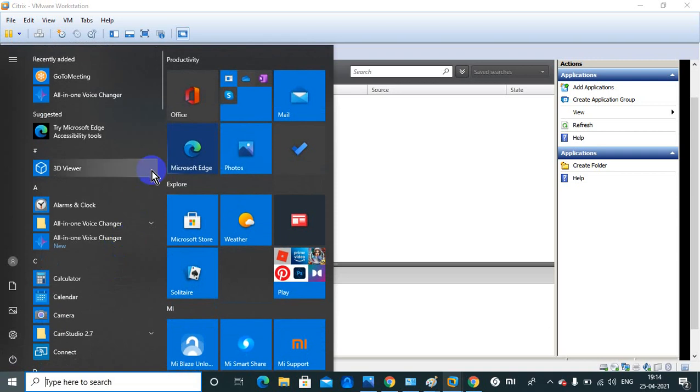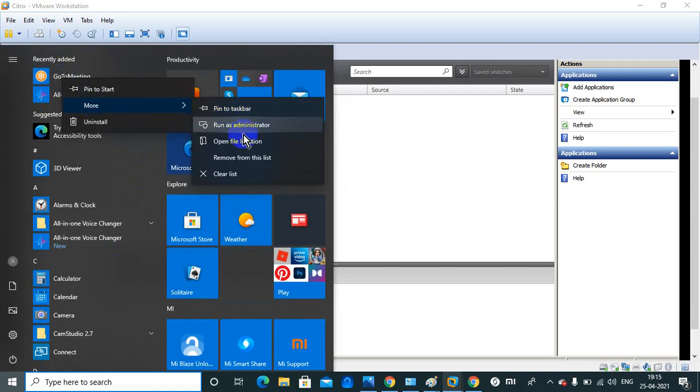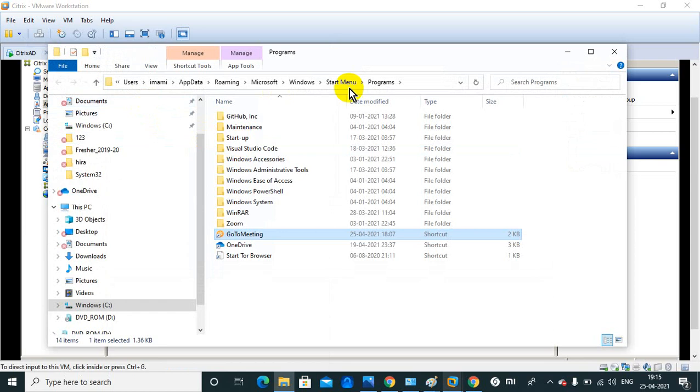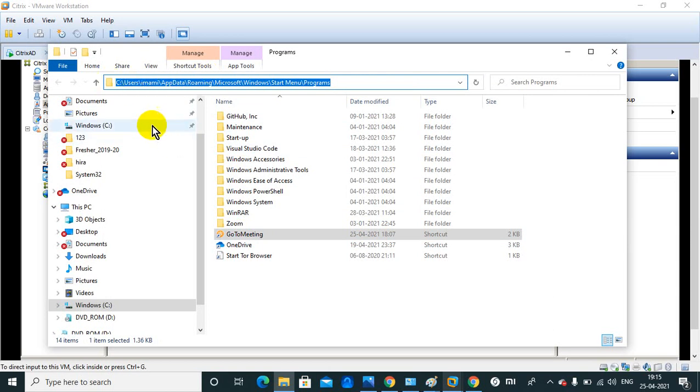Suppose I am creating an application for GoToMeeting, then I need to go to the application properties. From here, this is the exe path. I need to copy this path and provide it in the application section.